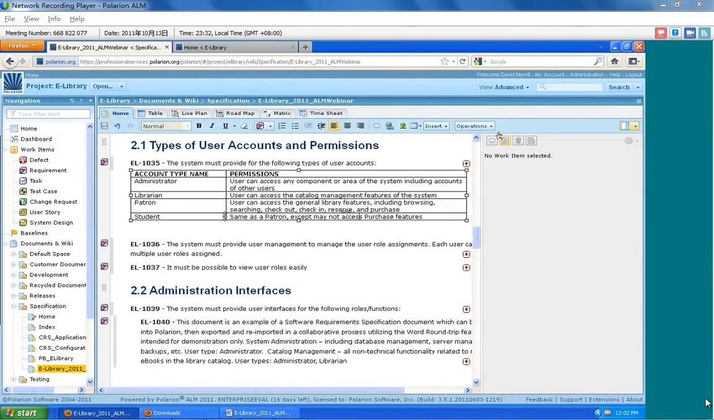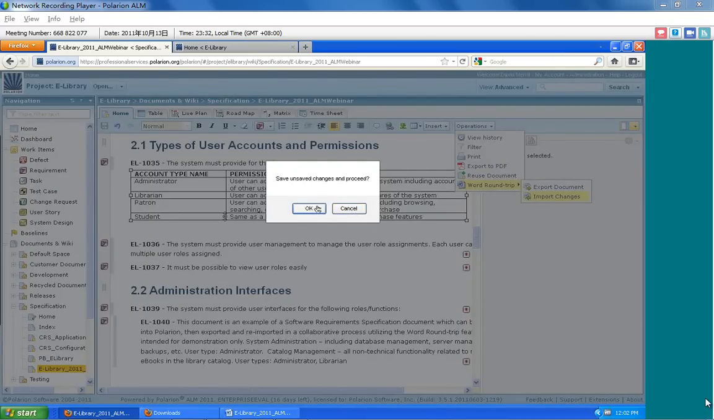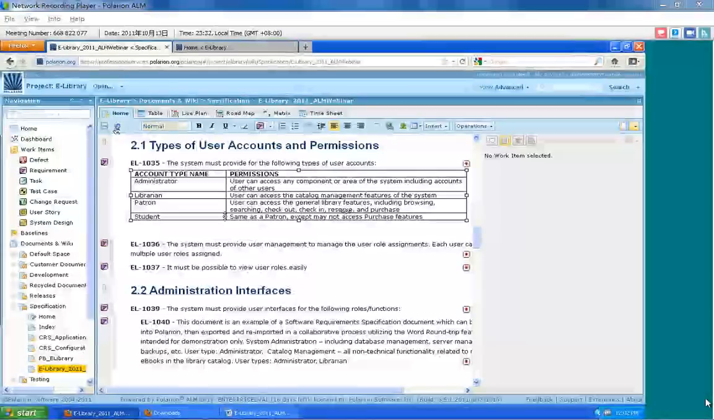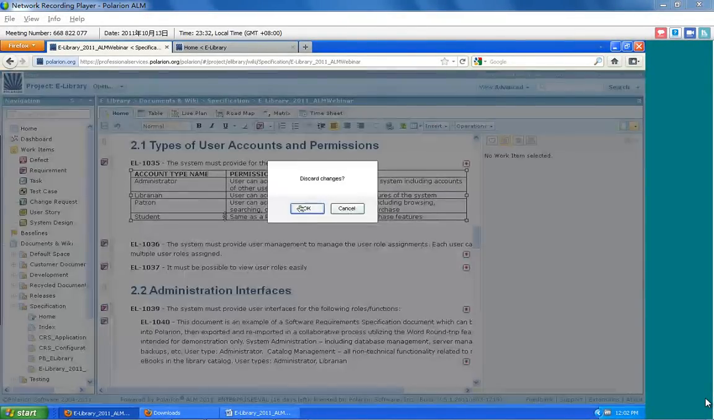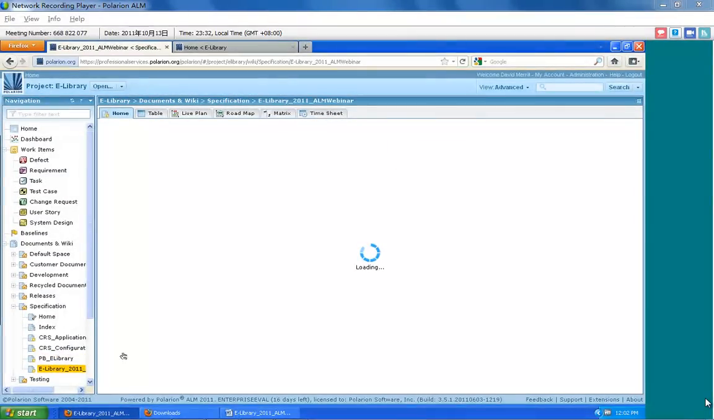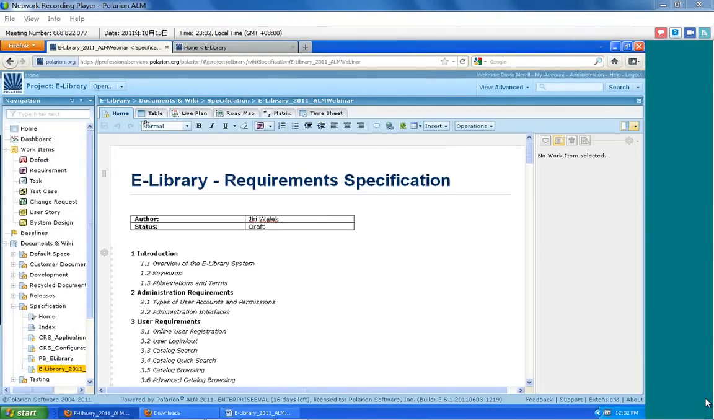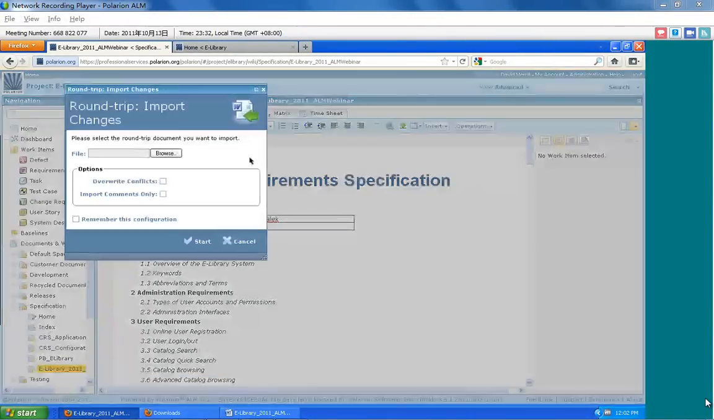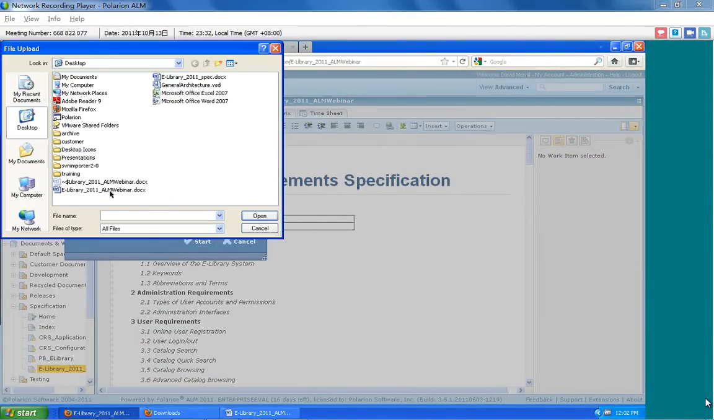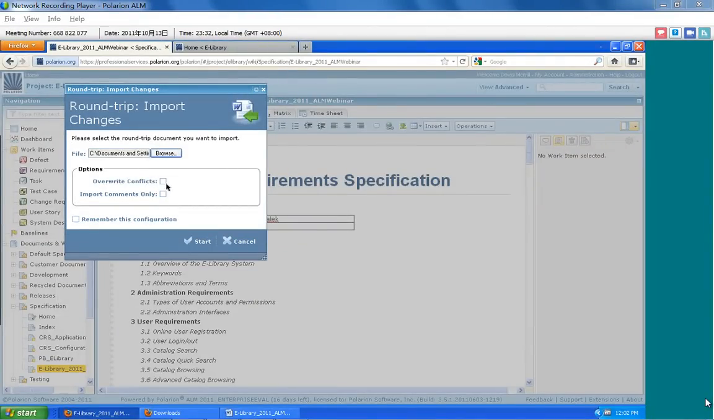So I come back in the document view to the operations button, and I import changes. And let's see, let's cancel that. In fact, let me undo these changes, because I'd rather not have to worry about any conflicts between changes made by the stakeholder and the changes that we introduced just a moment ago, which is certainly possible to do, but I'd like to make it just a little bit more straightforward. Here's where I can choose to either overwrite the conflicts,